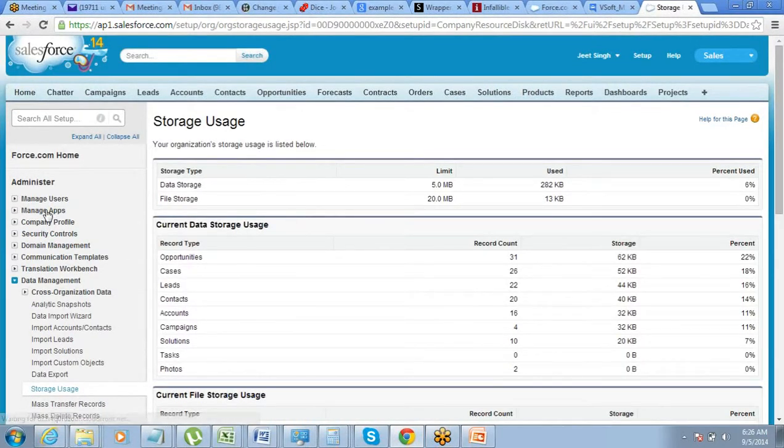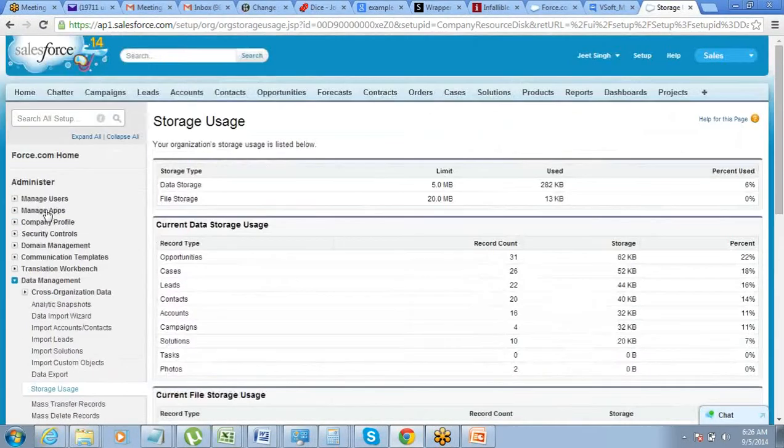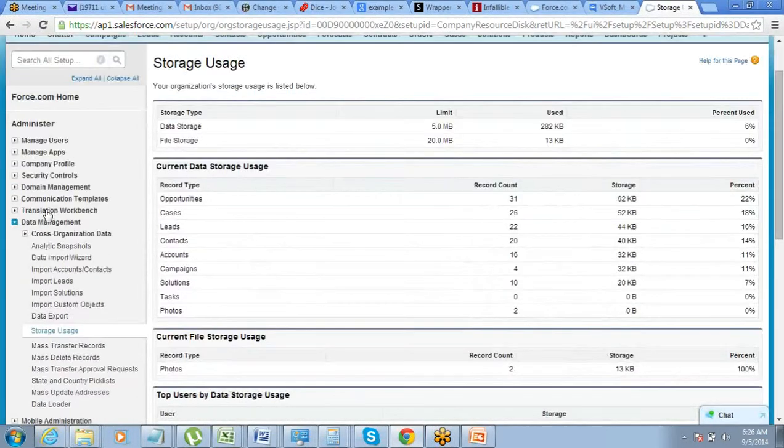Okay. So this is where you have to go and check the storage usage of your org. So here you have 5 MB available for developer edition. I think we talked about this. Developer edition has a limitation with how much data you can store. It allows you only 5 MB. Out of 5 MB we have already utilized 282 KB, which is 6%.